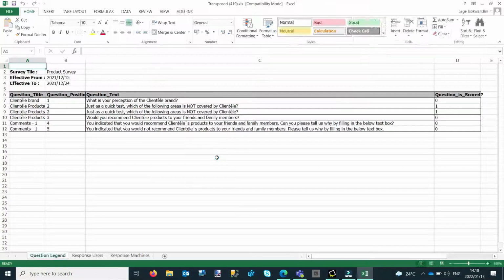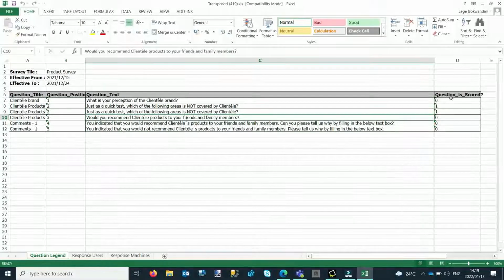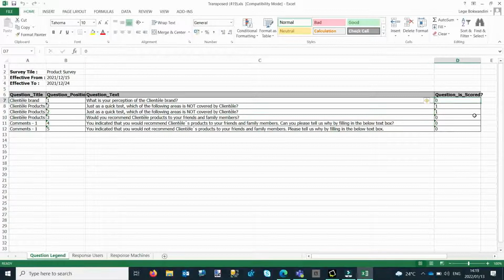It will then open the report up in Excel, and basically the first tab in this report will be your question legend. So how many questions were there? What was the question's title? What was the actual question that was asked, as well as whether the question is scored or not. A 0 indicates that it wasn't scored. A 1 indicates that it was. And then your response users